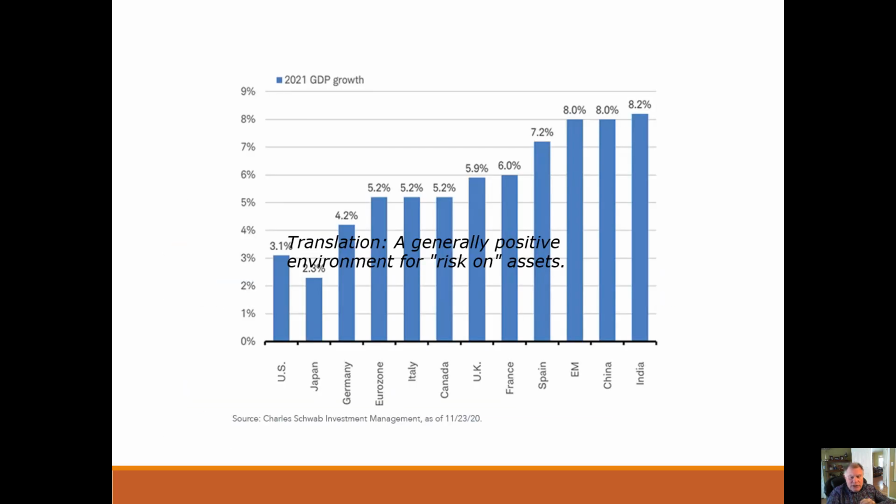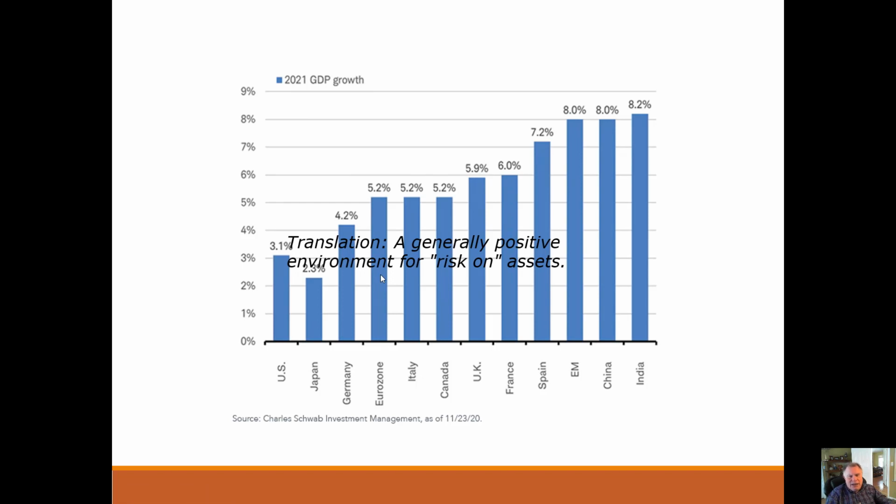Here again, this comes out of Charles Schwab. It's a little older, but you can still see looking at about a 3%. Just because the IMF went higher doesn't mean everybody is. We're seeing different forecasts by different folks. And that becomes really important, that we're seeing a divergence of opinion of where we're going. We're seeing things from 2% to 5%. That's a huge number. And you can see what the growth is by country. The big ones, of course, are China, India. The emerging markets are really going to drive forward, where the US, Japan, and some of the developed countries will not be growing that far.